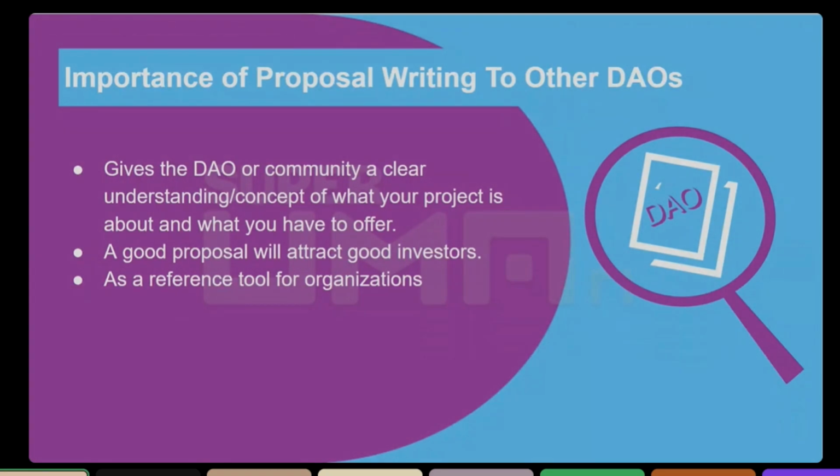Whenever we're trying to pitch, we have different products we're trying to pitch out there. I'm going to use KPI options as a typical example. So let's say we're trying to pitch out KPI options. We're trying to help the DAOs to understand the concepts, so they don't get confused on what our product is about. That's why we need to make our proposal very, very clear.